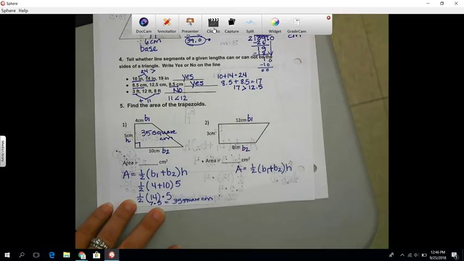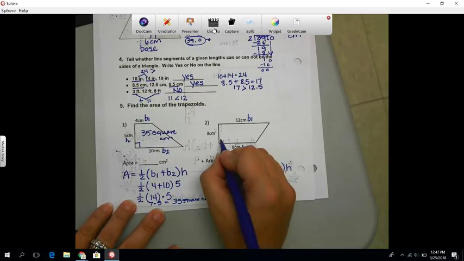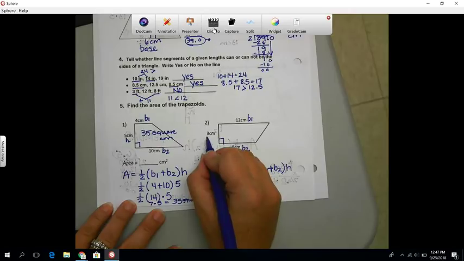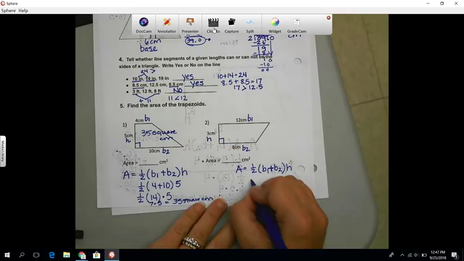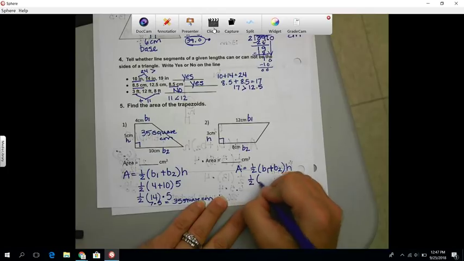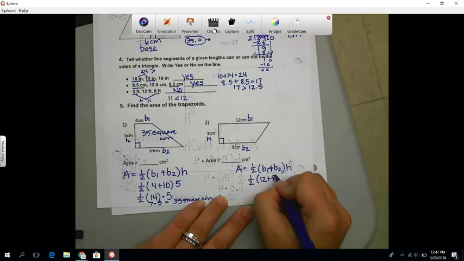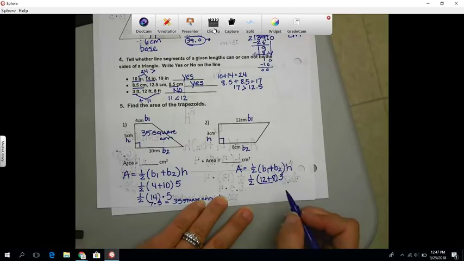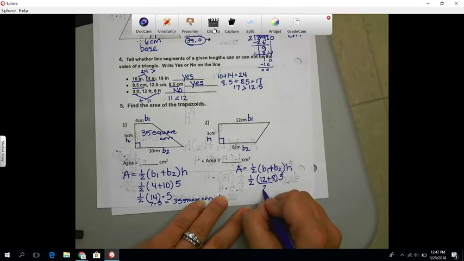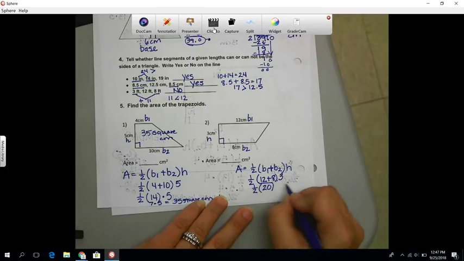So we have base 1 and base 2. My height here is 3, so that is my height for this problem. Fill in your numbers, 1/2, parentheses open, 12 plus 8, parentheses closed, times my height is 3. Parentheses first, 12 plus 8 is 20. So we have 1/2 of 20 times